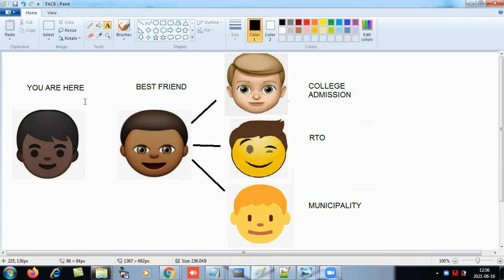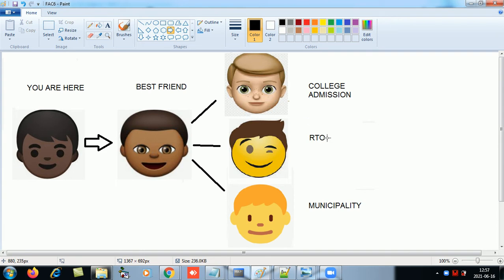If you have some task, let's say you need to take admission in some college and you aren't familiar with the admission procedure, who will you approach? You will tell your best friend that I need admission in this particular college, do you know anyone? Now your best friend will then contact his friend who deals with the admission work.